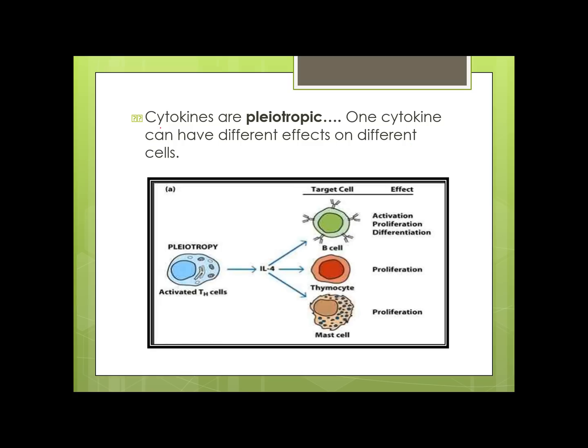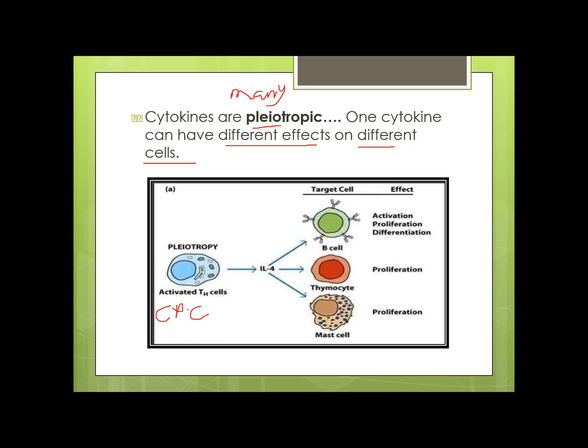Now, cytokines are pleiotropic, meaning they have pleo, from the prefix pleo meaning many. Cytokines can have different effects on different cells. So when you say pleiotropic, one cytokine can have different effects on different cells. Example: here is your